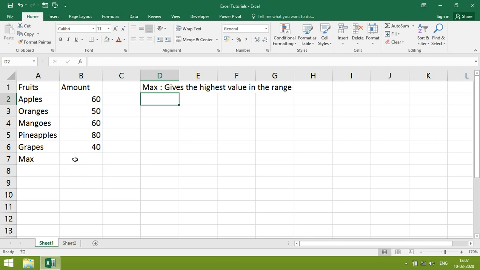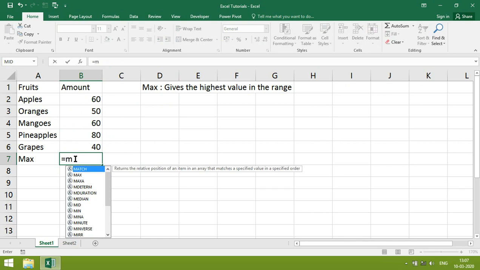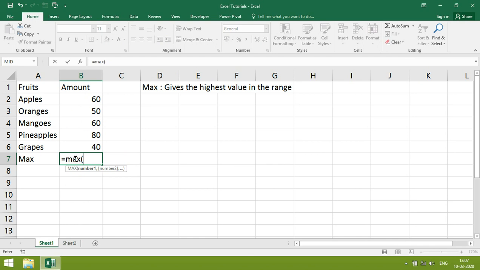How to write max? Equal to MAX, give range, bracket close, Enter, which gives the highest number.